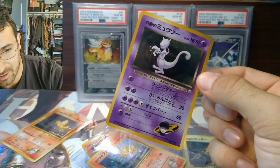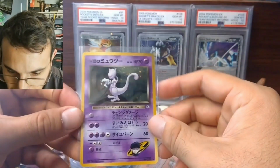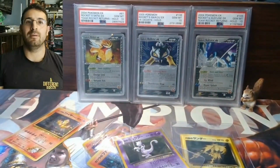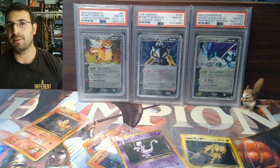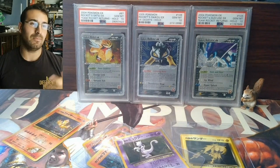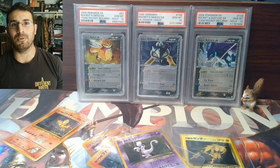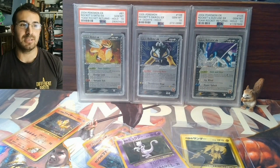and just a great overall purchase. I think I will probably send these in bulk, but I may pick a few out just to send and grade at the $50 regular service, just because if the card is about $500 plus in a PSA 10, I may pick a few copies from it, grade them really quickly, and then sell them. That way I can go ahead and make more purchases quickly as well, because a lot of this is building that capital to purchase the cards that I want back, and just to have more capital in case another collection